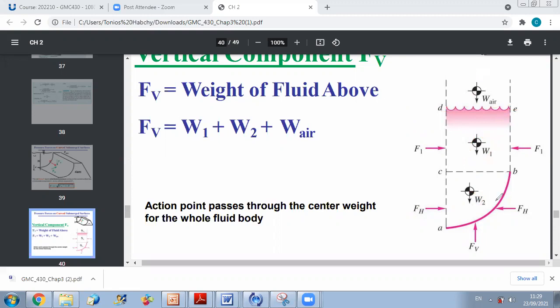Now, since this fluid is supported by the curved surface, the curved surface will do an action on water. So as we said, we will determine the resultant force, F resultant of the curved surface on the fluid, and by action reaction,